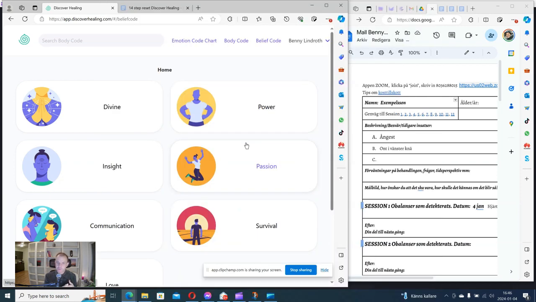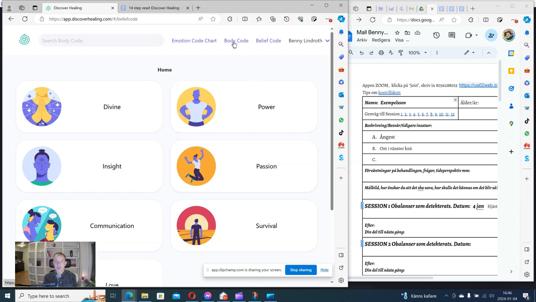When we have structured that, we use the body code again and the emotion code chart to remove all imbalances that are holding this belief structure in place. And when we have dealt with all the things that are feeding this, like a tree of beliefs, then we can chop the tree down and fill it with positive empowering beliefs, or restructure the energies of the minor thoughts.